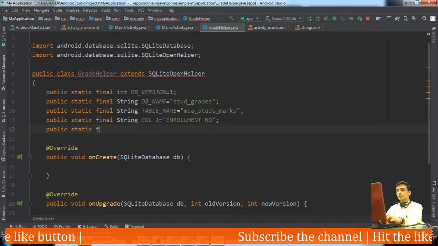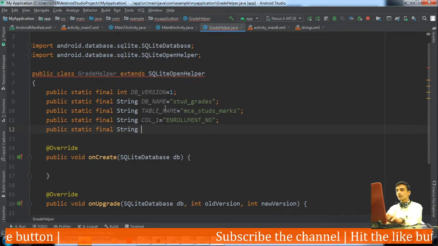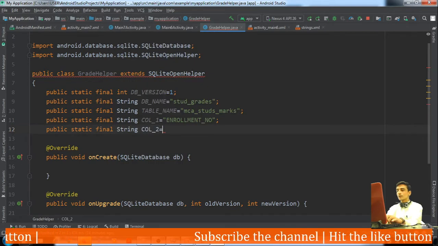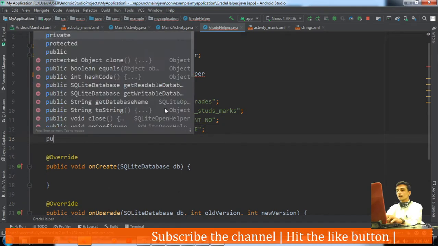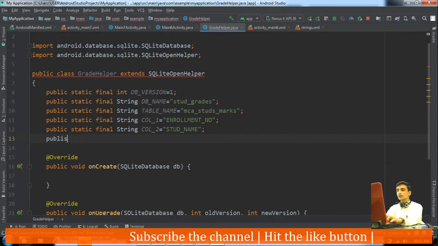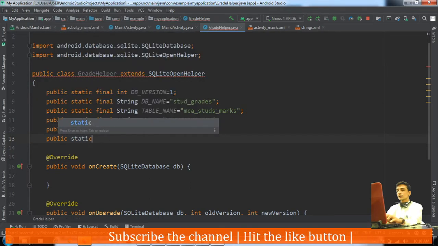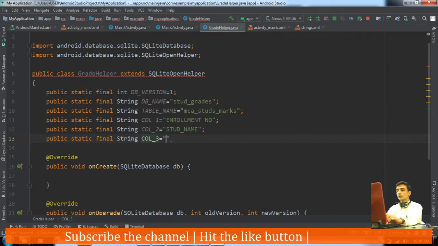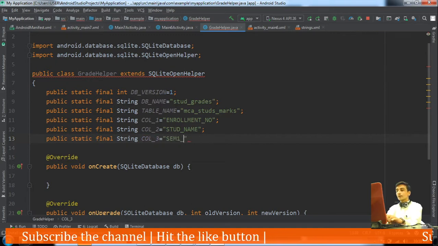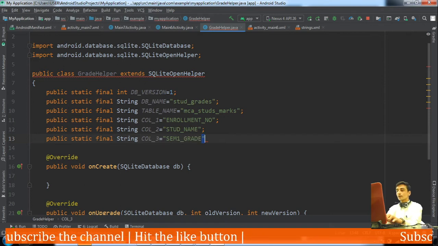Then public static final String column 2 equal to student name, then public static final String column 3 equal to sem1 grade.